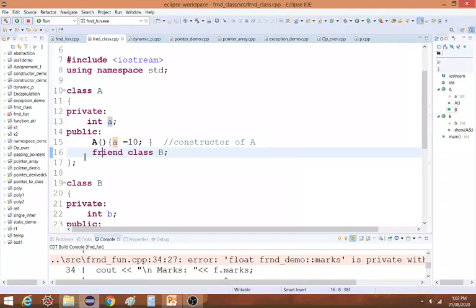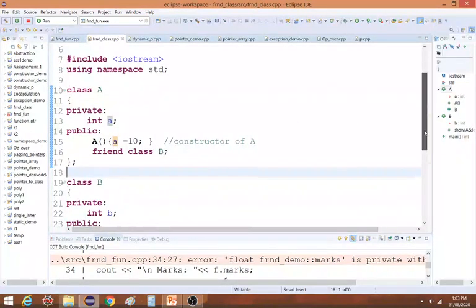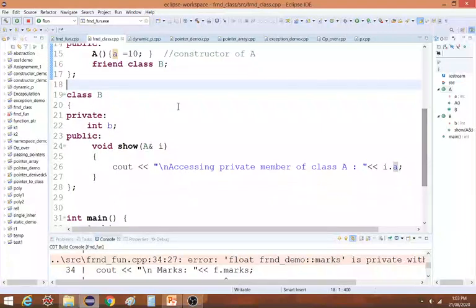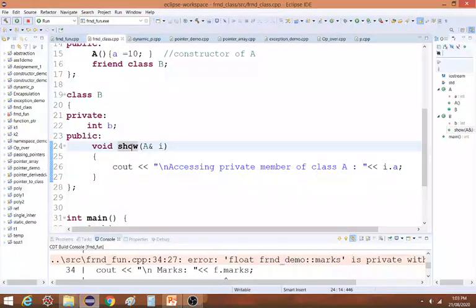In the previous example, we declared a function as a friend, but here we are declaring a complete class as a friend of this class. Now what happens? It allows this other class B to access its private and protected data members. Now let us see what we have in class B. In class B, we have a private data member b. Then in the public section, we have a show function which displays the content of object A, which is passed to it.